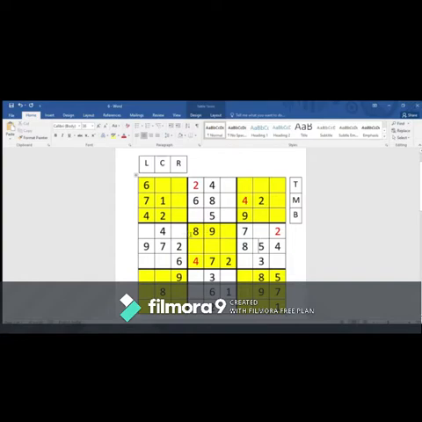Number 8, okay guys, we have 2 number 8s, in this row and in this row. So the only place it can sit is over here or here. If you carefully notice, we have an 8 capturing over this column. So the only place it's left with is, guys, over here.